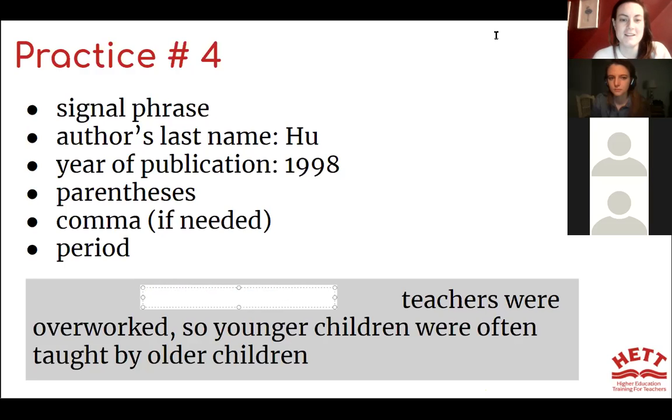I think a good one. Maybe we could do "as research."